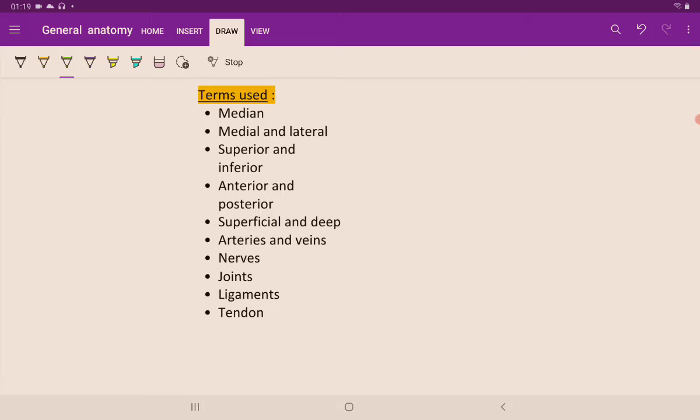Joints is where two or more bones meet. Ligaments is an elastic fibrous connective tissue which basically connects the bone to the bone. And tendon is a connective tissue which connects muscle to the bone. We'll discuss that in detail when we are taking the topics in general anatomy. Okay,